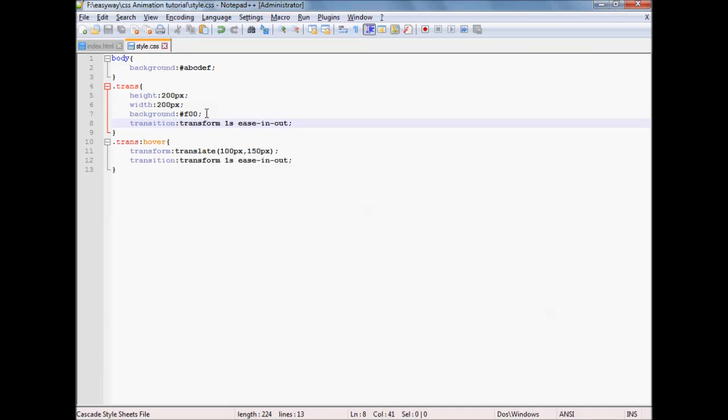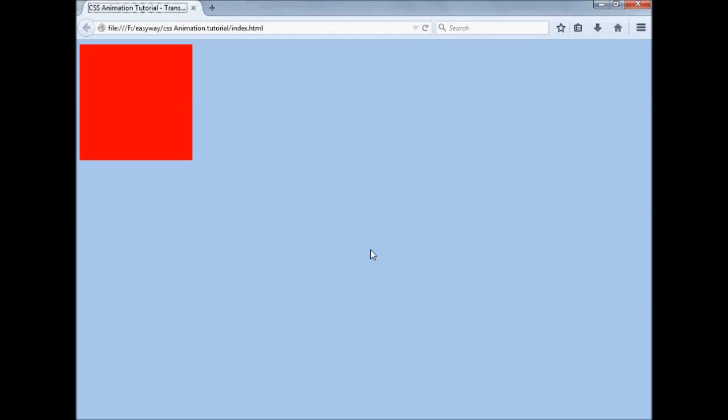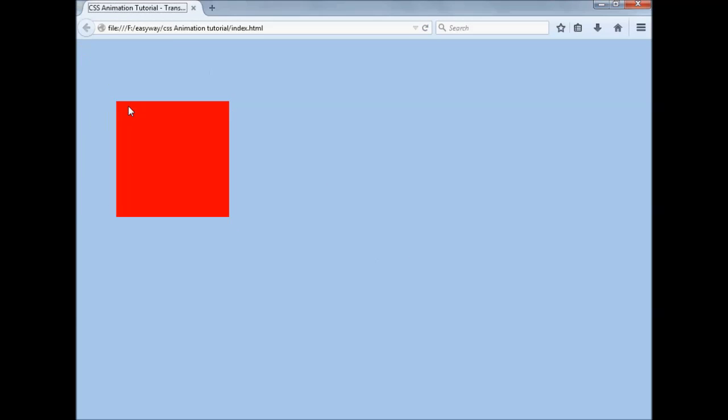Without hover, that means by default it has the transition of transform 1 second and ease-in-out. When I hover, it maintains the motion. When I move my mouse cursor out, it also maintains the motion. So refresh the page. See,